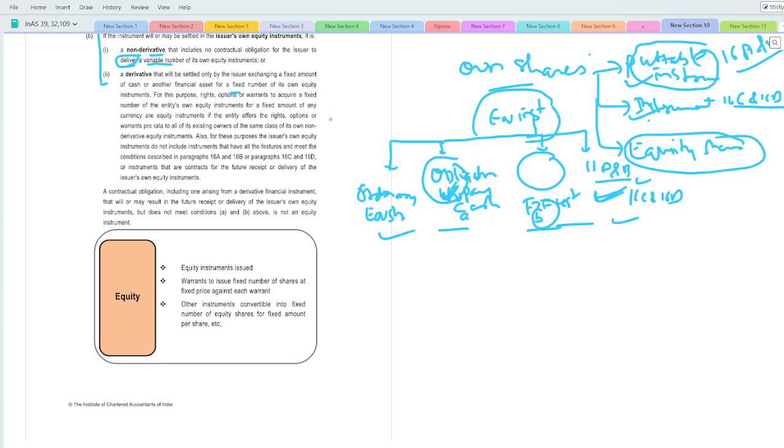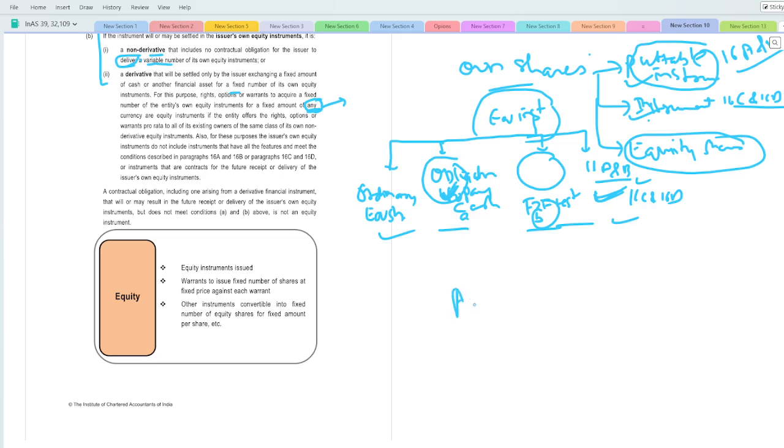So here in the warrant you need to see the fixed to fixed test, but here is one catch. It can be in any currency. So this is a big catch here. We'll be discussing this in chapter 3, on equity and financial liability, in detail, but just park it, just try to remember the any currency, because if it is in any currency, like suppose, I'm giving you one example.